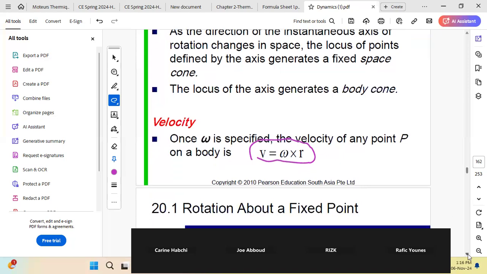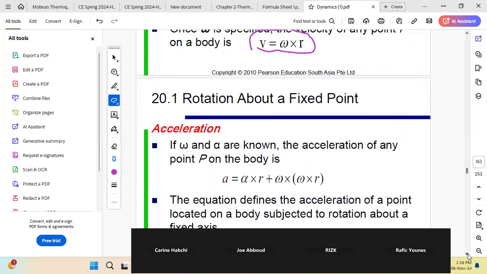And if you remember, when we studied acceleration in rotation, we said that the acceleration vector can be divided into two components: the tangential component is alpha vectorial r, and the normal component a normal is omega vectorial